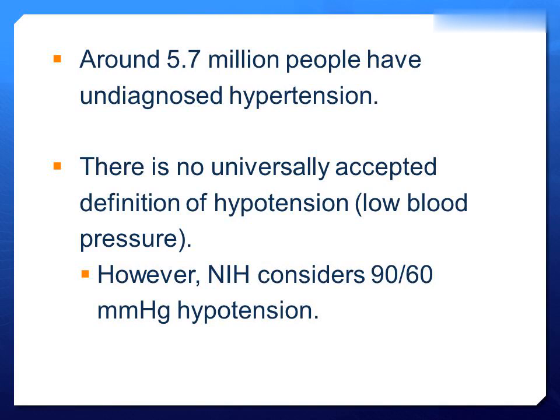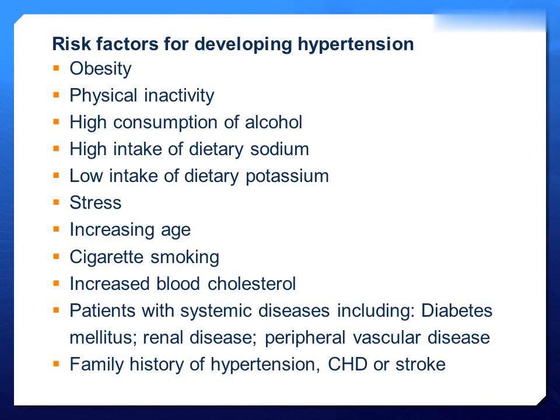There is no universally accepted definition of hypotension, low blood pressure. However, NIH considers 90/60 millimeters of mercury hypotension. Risk factors for developing hypertension: